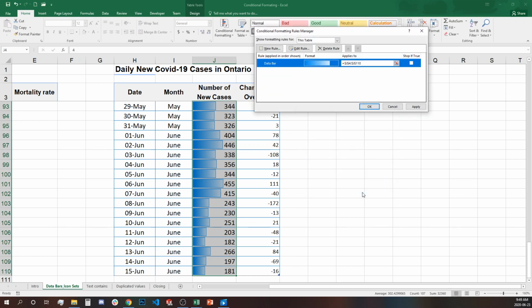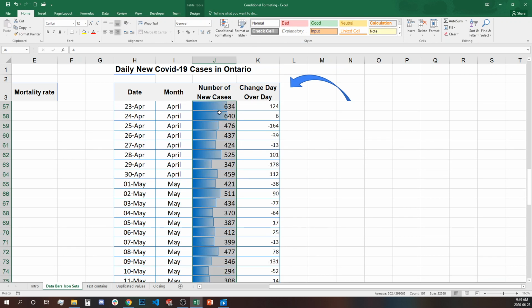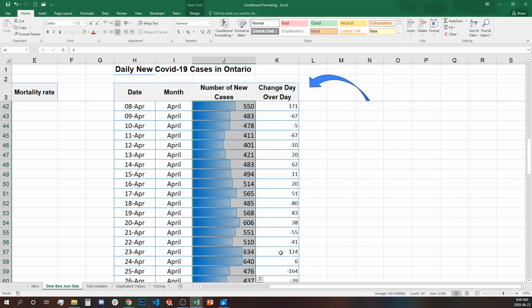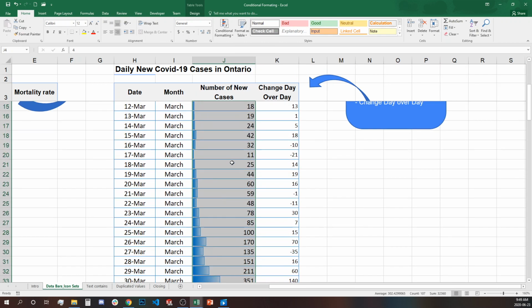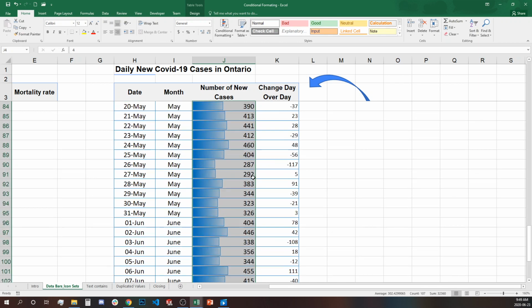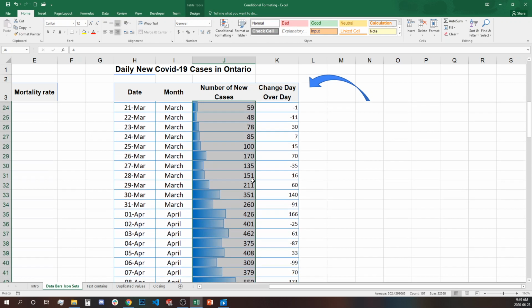And what happened is when we apply, you can see how all of the labels are moved to the right and the numbers are more clearly seen. There is also another option. If we don't want to see the numbers and we just want to